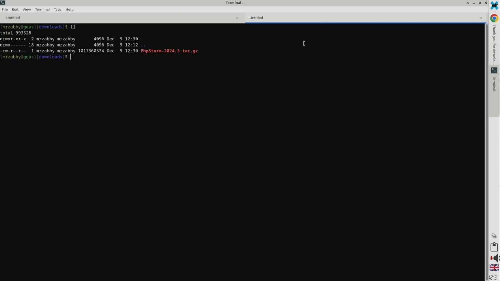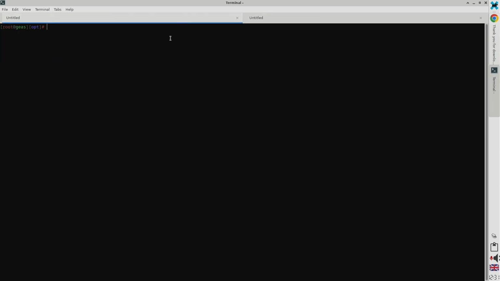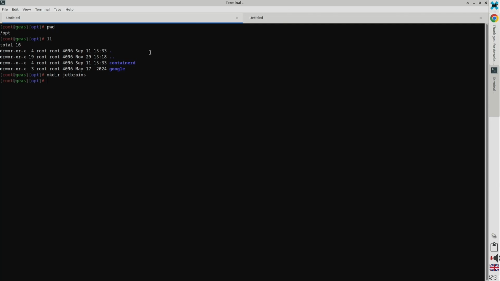Yeah, okay, so I prefer to install in this folder. In the folder we already have some Docker related stuff and Google, and let's create a new folder for JetBrains. Cool, and then cd JetBrains. Okay, and now let's